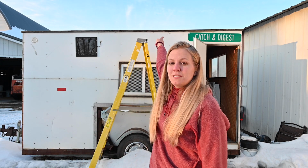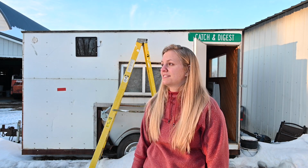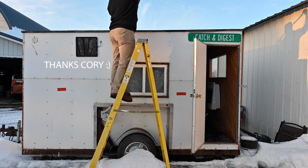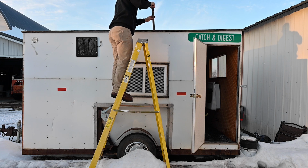So there's currently a bunch of snow and ice on the roof. So Corey is gonna try and get some of that off because there's leaks inside that we have to address. So he's gonna get all ice and snow off so it doesn't get worse. Corey's on the roof, taking the snow off the roof,